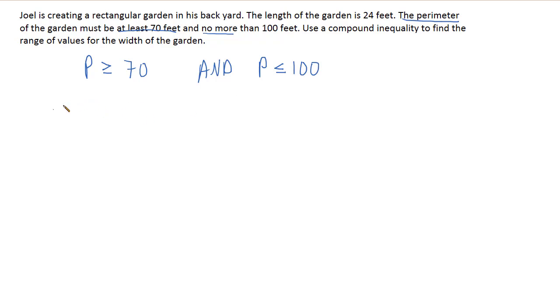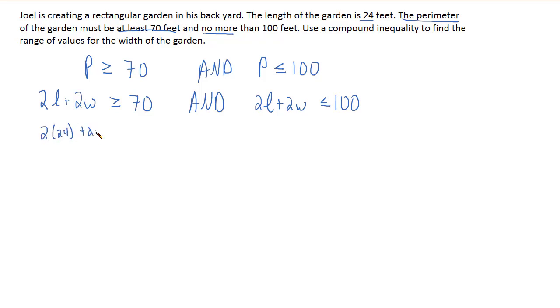The perimeter of a rectangle is twice the length plus twice the width. So 2L plus 2W must be greater than or equal to 70, and 2L plus 2W must be less than or equal to 100. We are told that the length of the garden is 24 feet. So 2 times 24